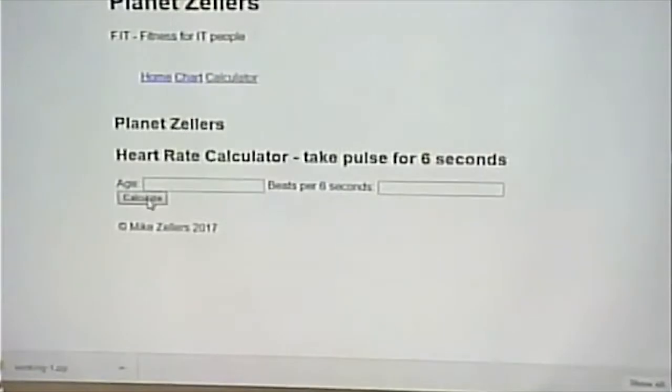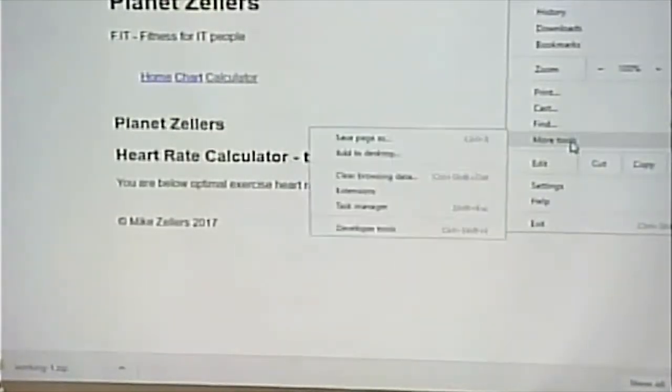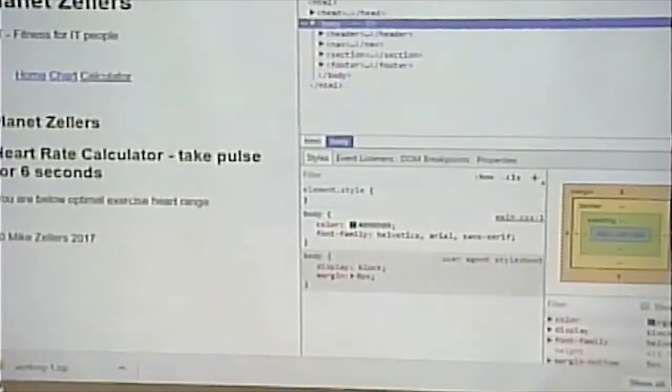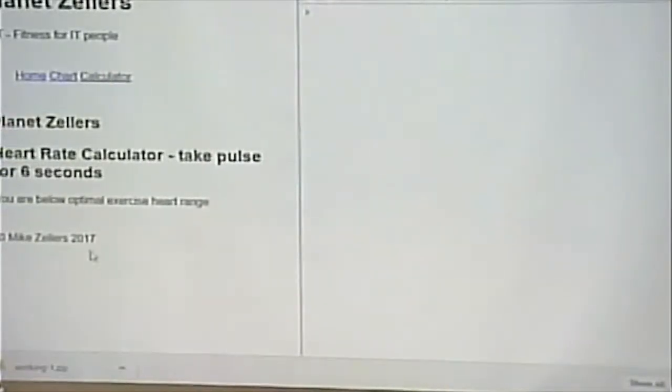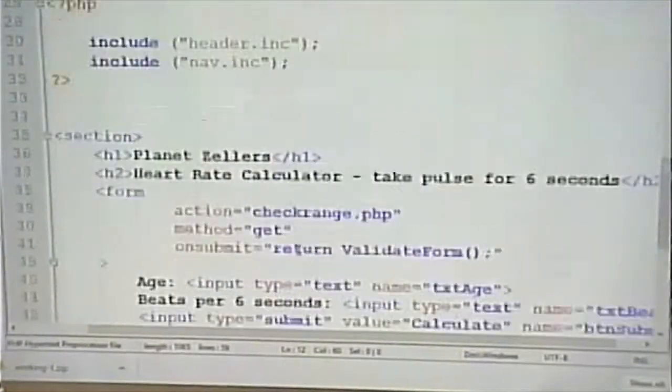All right, how am I going to debug this? That's a good question, because if I hit calculate and try to view the JavaScript errors, it's going to give me the JavaScript errors for this page. And there aren't any JavaScript errors on this page; the JavaScript errors are on the previous page. And I'm already submitting that page, so I leave that page, and the problem is that it's submitting it when it shouldn't. So what I'm going to do is